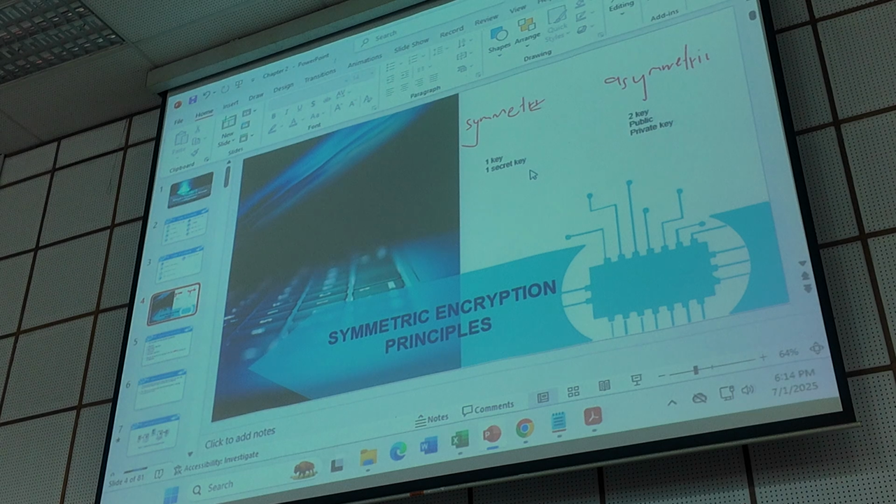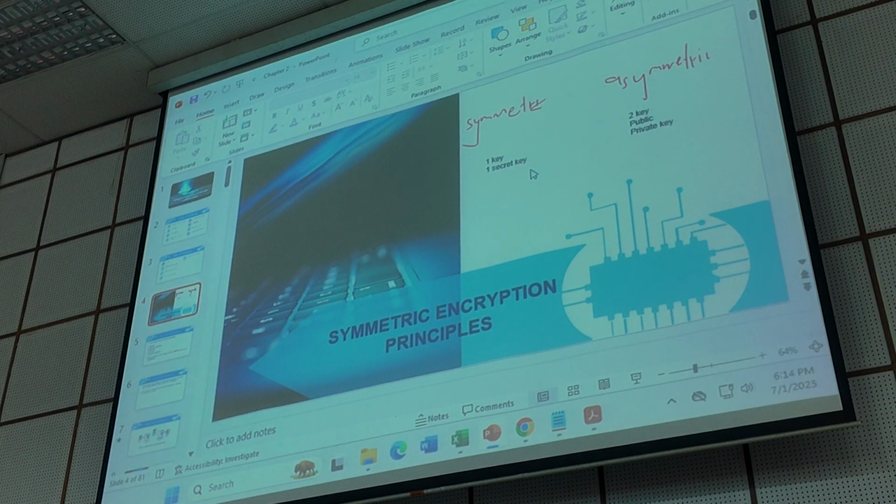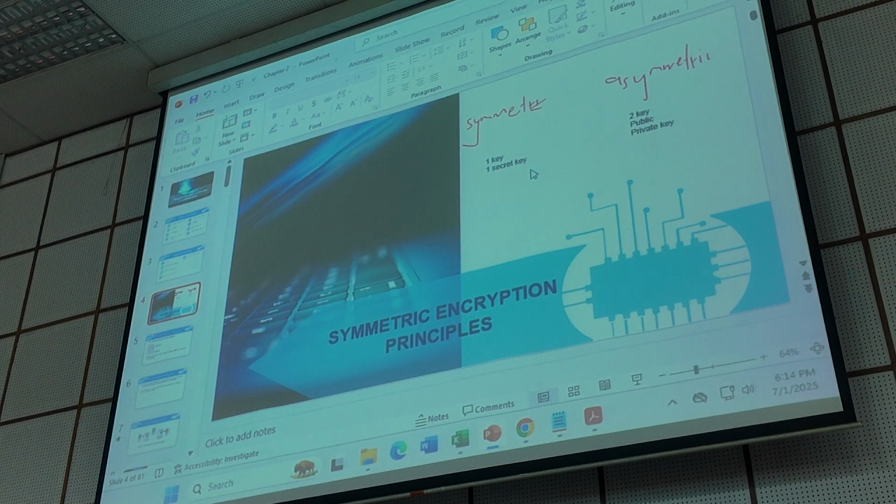So when I ask you how many keys are required for symmetric encryption, you need to answer one. What does it mean, one? One means that you use the same key to encrypt and decrypt. Do you know what encrypt is? The PDF file, you don't want your friend to read it. You encrypt the PDF file with a password. Let's say you set the password ABC. So when the